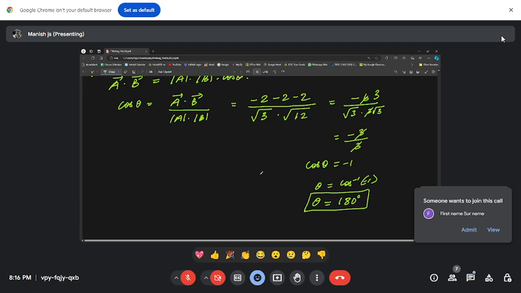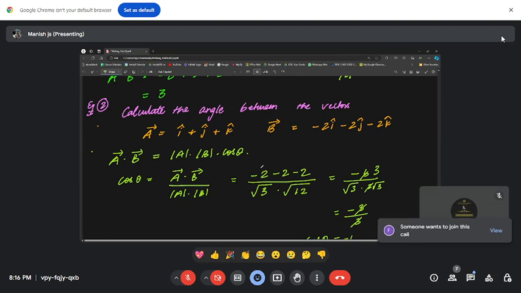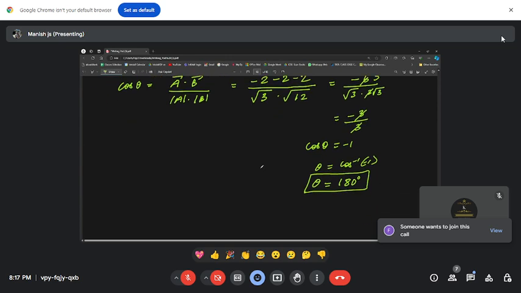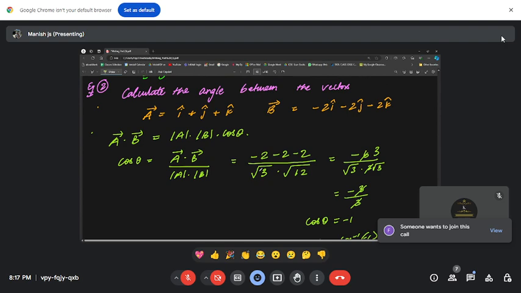Okay, so this is the method, children, to find out the angle between any two vectors. So you relate by using the formula of dot product, which tells you vector A dot vector B is equal to modulus of A times modulus of B times cos theta. So substitute, children, in this formula. Be very careful. Substitute, simplify it, and then in the final step you will find out what is the angle, as I have done. So this is the methodology to solve this question. I hope it is clear how to calculate the angle between any two vectors. Okay, this is the general method of doing it.